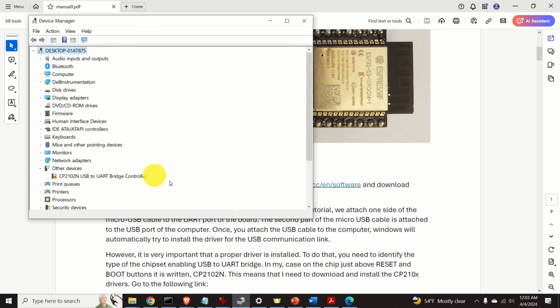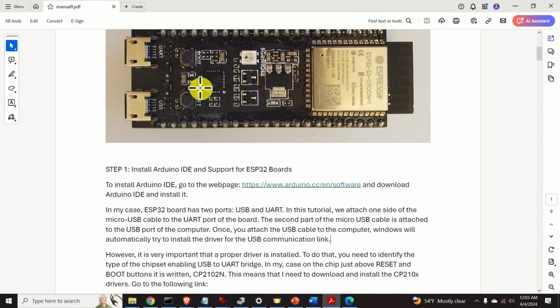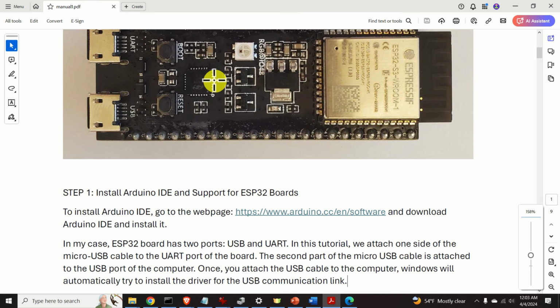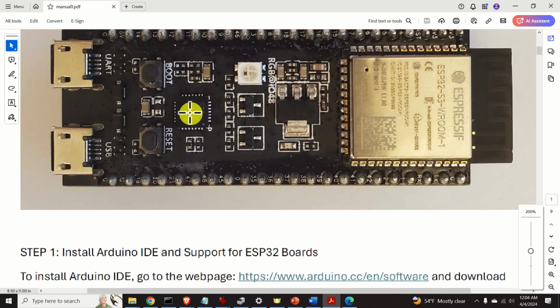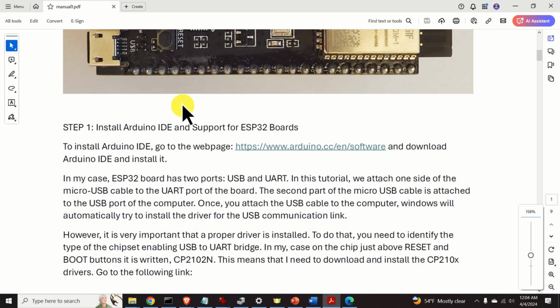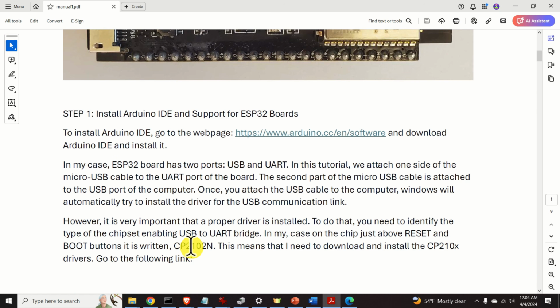To do that, you first need to identify the type of the chipset enabling USB to UART bridge. To do that, you actually need to zoom in your board, or you need to use a magnifying glass, and you need to see the numbers over here. On this image, we cannot clearly identify the numbers. However, the number is CP2102N. This means that I need to download and install the